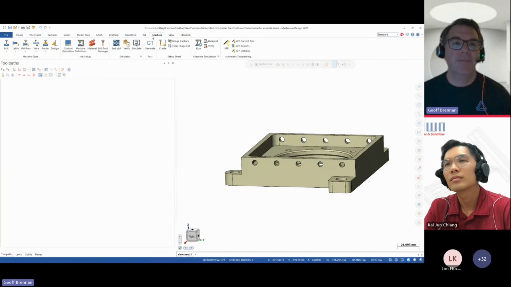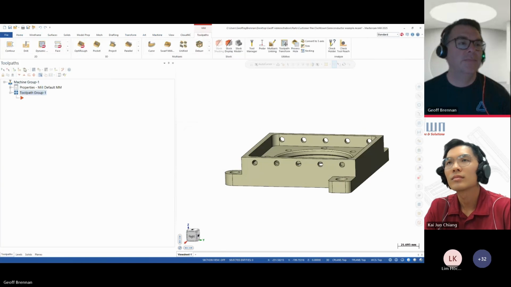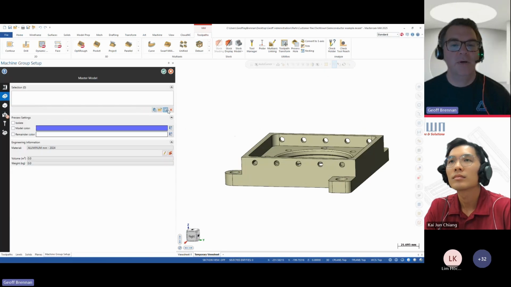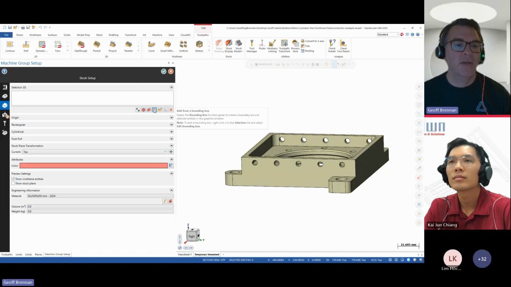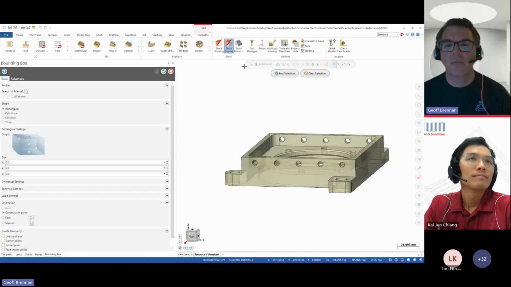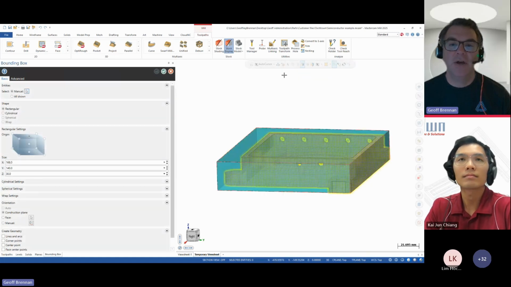So first of all, I have to set up a machine group. And I'll get the stock defined. So number one, I need a master model. And number two, I need my stock. The stock that we can use in Cam Assist right now is basically a bounding box or a rectangle. We're looking at how we can implement cylindrical and mesh stocks.